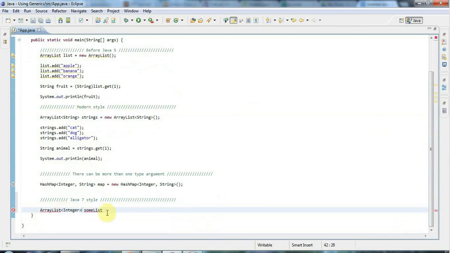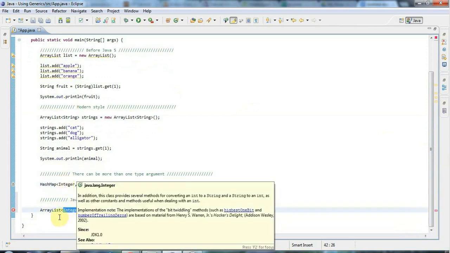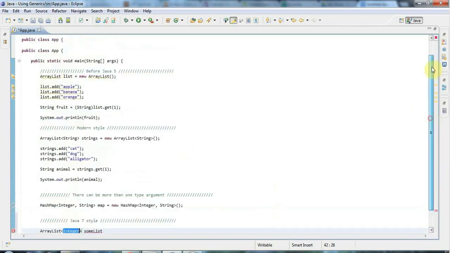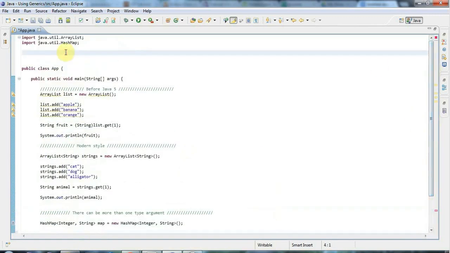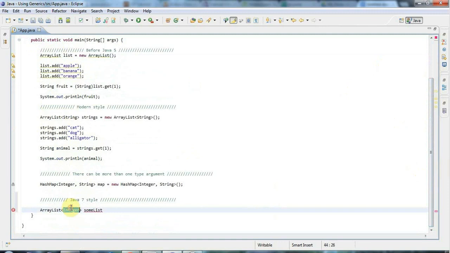And by the way, this doesn't have to be some kind of standard Java class. This could be your own class here that you've created. It's maybe worth just illustrating that point really briefly. Let's declare a class up here, class animal, and I won't give it any implementation, but just for the hell of it, down here I want to say this is going to store animal objects. So you can see that this works with any kind of class at all,